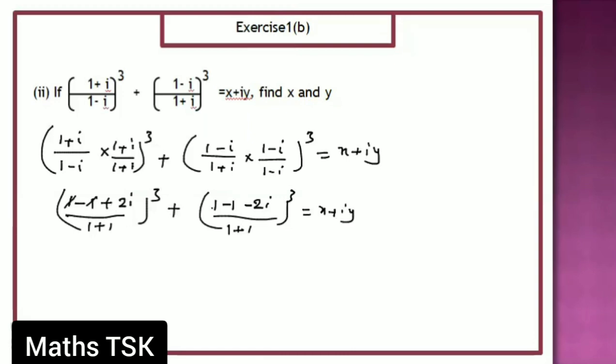This gets cancelled, so I remain with 2i by 2 is i cube minus i cube is equal to x plus iy. So clearly 0 is equal to x plus iy implies x is equal to y is equal to 0 is the value. Okay, next,